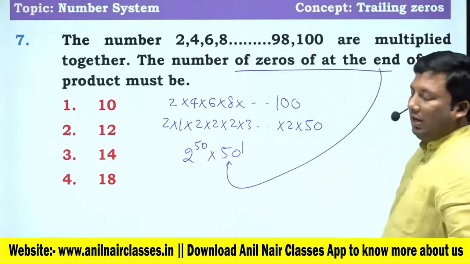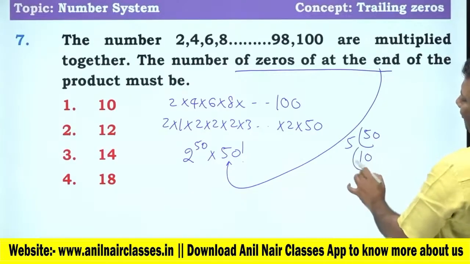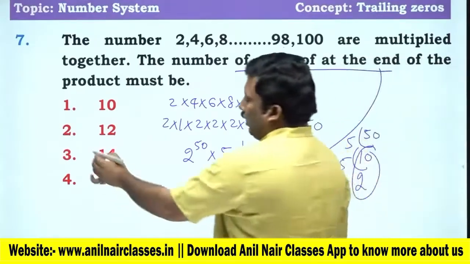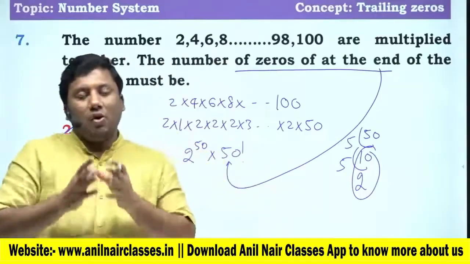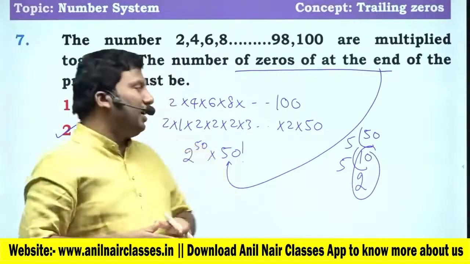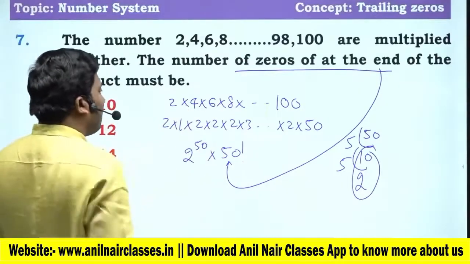For factorial, it is dependent on the power of 5. 5 10s are 50, 5 2s are 10. 10 plus 2, the answer will be 12. Only for factorial problems, the number of zeros at the end is dependent on the power of 5. So 5 10s are, 5 2s